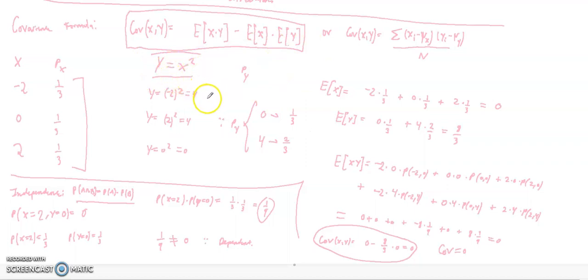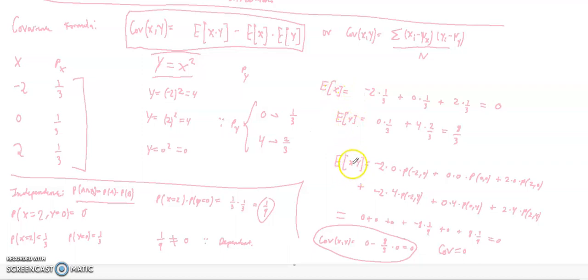Y equals x squared. So to find the probabilities of y, we just plug in our values of x and see what values we get. And we find that y will be 0 1/3 of the time, and y will be 4 2/3 of the time. And to solve for the covariance, we just find the expected value of x, the expected value of y,